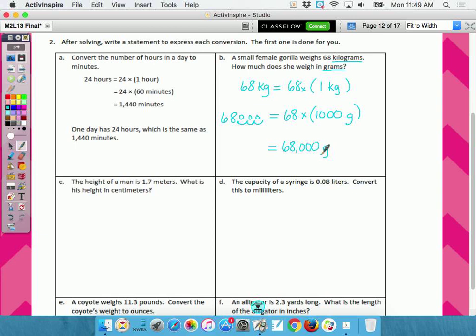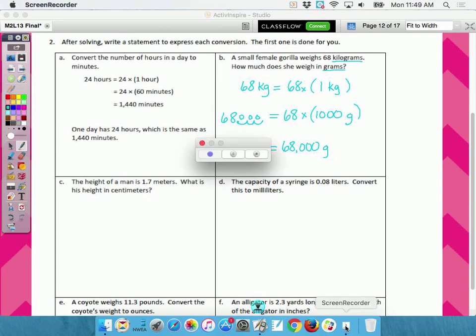Wait, one more minute until we go. Would a gorilla weigh that much? Okay, so what I'm going to have to do